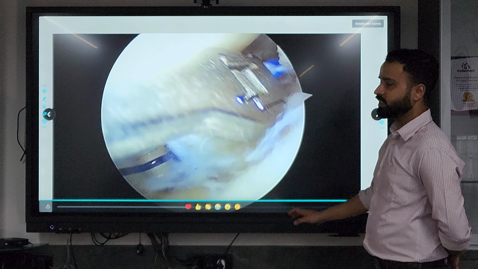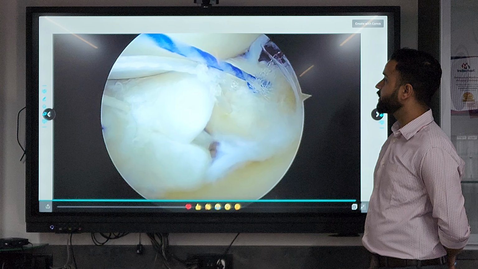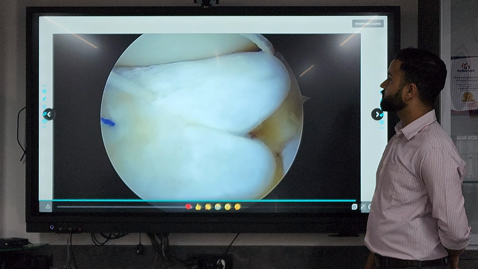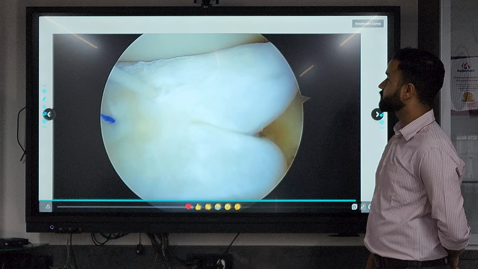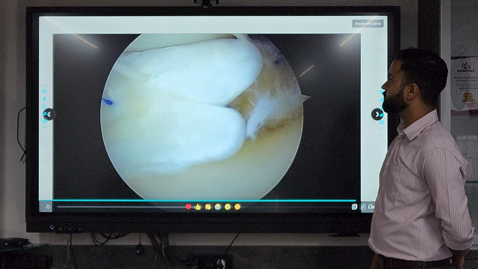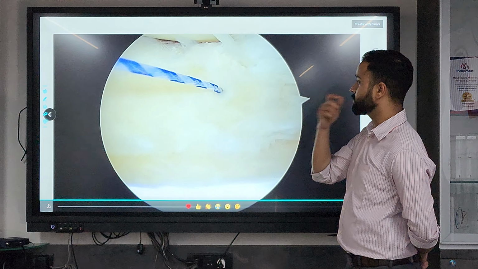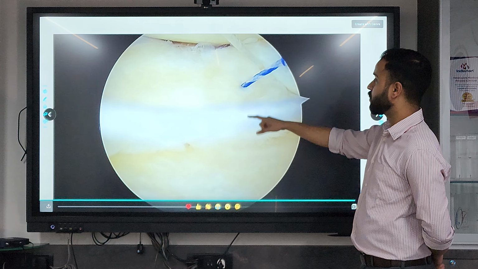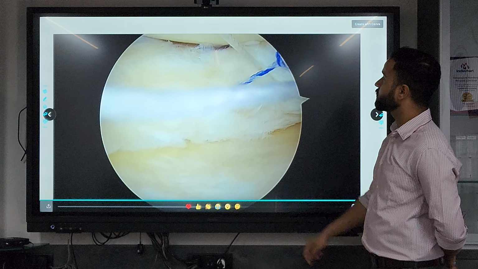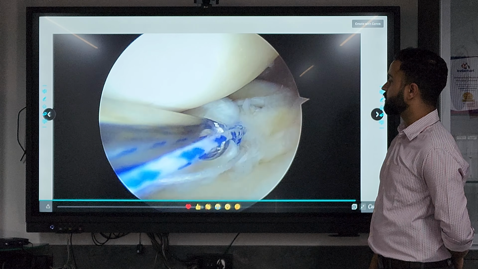The advantage of this technique is that it is a low profile anchor. So we have all 4 of our sutures in place. I'm going to pull it and approximate all the margins of the meniscus. There.